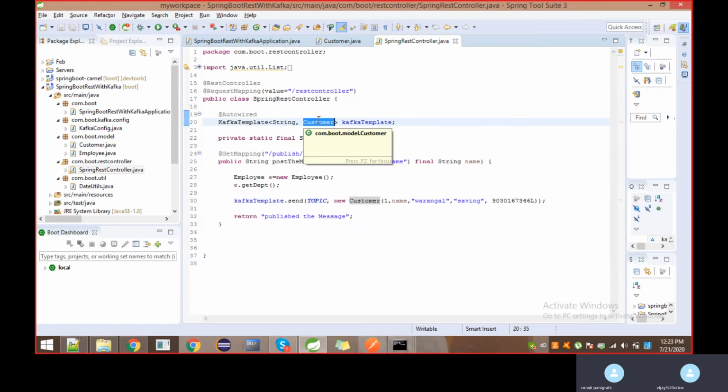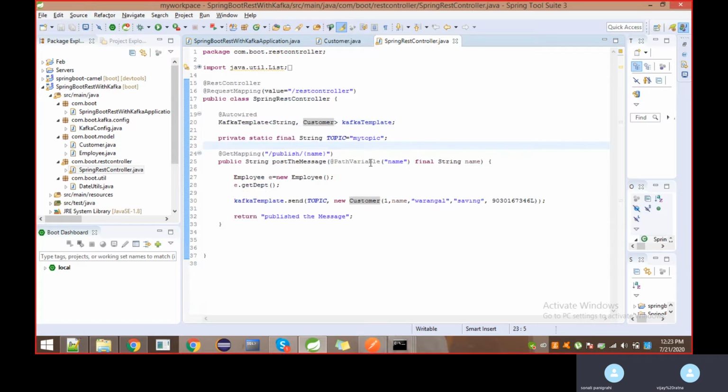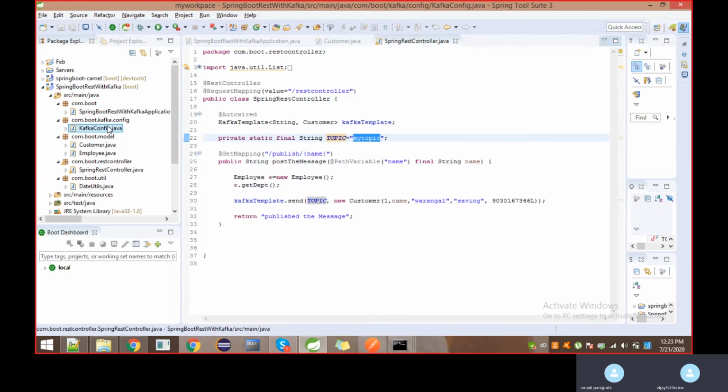What type of data I am going to send, I mentioned, because I am going to send customer type Java data. The name I am going to send dynamically. This is a GET service actually. Whenever you hit this, it will give this message, but at the same time, it will write some data inside this topic, my topic.